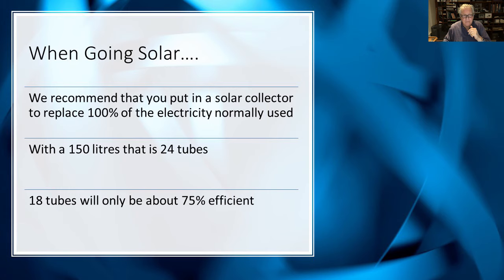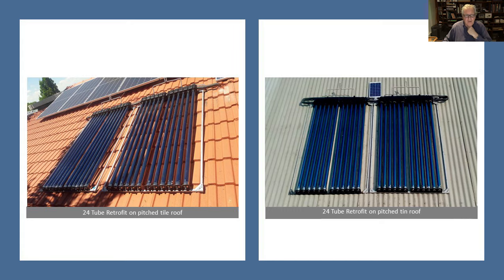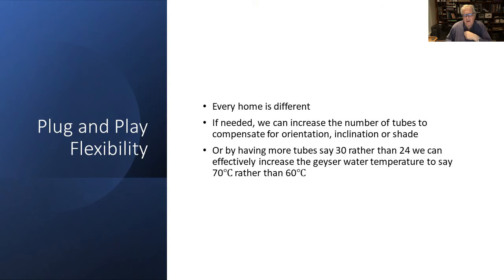a 3 kilowatt element. Now, when going solar, we recommend that you put in a solar collector that has a deemed 100% efficiency of the replacement of that 7.5 kilowatts, which means that we use 24 tubes. If you have a smaller system with 18 tubes, it will be around 75% efficient. Here is a couple of examples of a 24 tube system on roofs, but because every home is